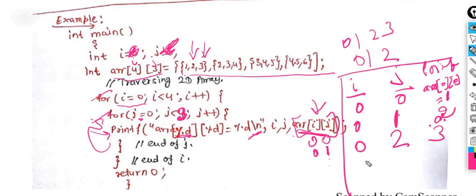Now the i value remains the same. Now we are updating the j value to 3. Is it true? No, it will become false, because the j value must be less than 3. Then it will come out of the j loop. Then it will go to the for loop of i. Now the i value will increment by 1, and the j loop will restart with 0. So 1, 0. That means this particular part is completed here.